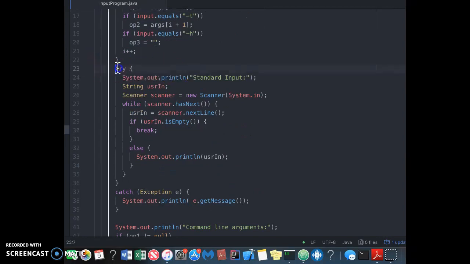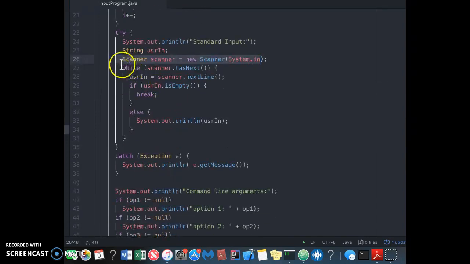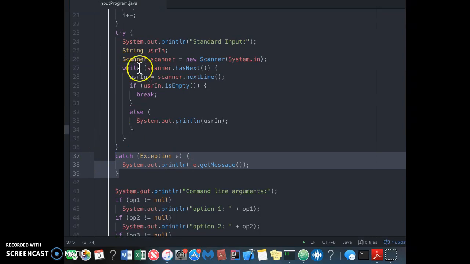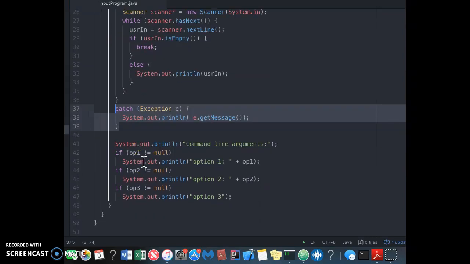And then in this try block here, I am prompting the user for standard input, creating a string called user input, creating my scanner object, System.in, and I'm asking here while scanner.hasNext, so saying while there is a next line or next valid input to be read, it is going to read the next line, and then if that input is empty, it's going to break, otherwise it is going to print that same input. And here we just have another catch block for the previous try,